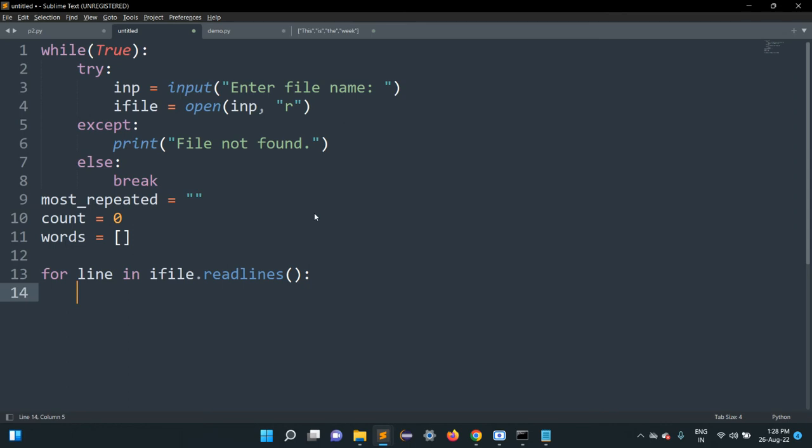And here what we are doing, we are writing words.append. And we want to append the word, and before that, how do we split the string? Can anybody tell me? Dot split. Okay,